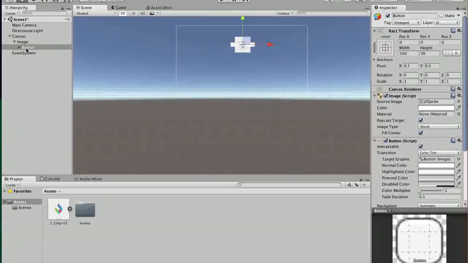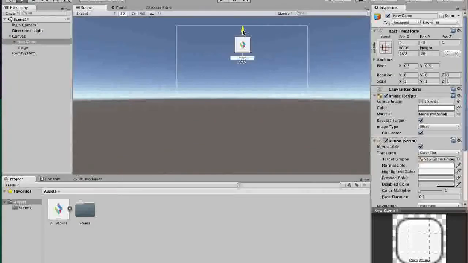Okay, now I have a button. It is a child of image, but I don't want to have it as a child of image, so I just grab it. Okay, so I have my button. I want to change the name, so I just click on it, and then I want to call it new game. And then I want to have this button under my logo,